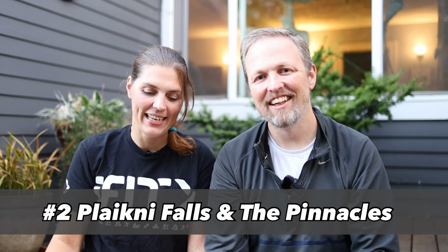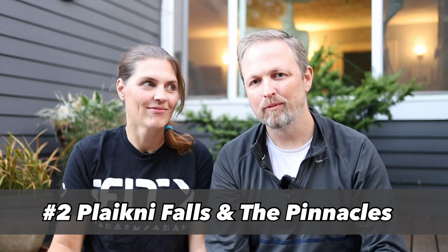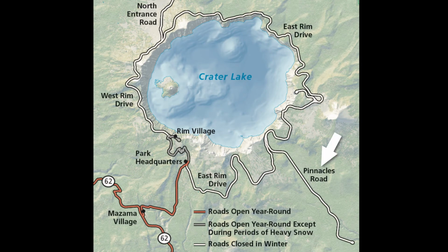Number 2. The Pinnacles, and I'm going to butcher this name, Plaikni Falls. No clue how to actually say it. So if you're looking at the crater, or the caldera, it's over on the east side. And so you take the road around and you take the unmarked road. And that's when...